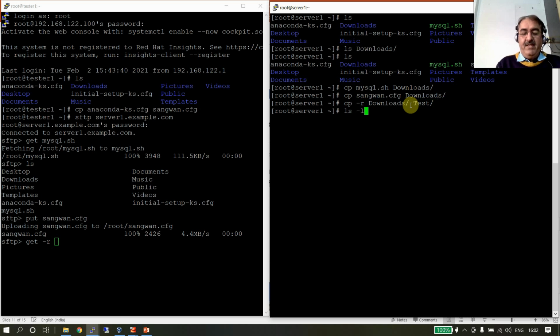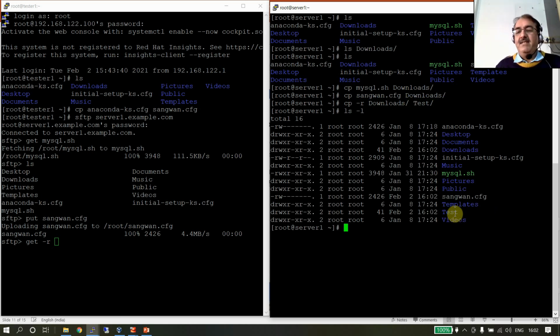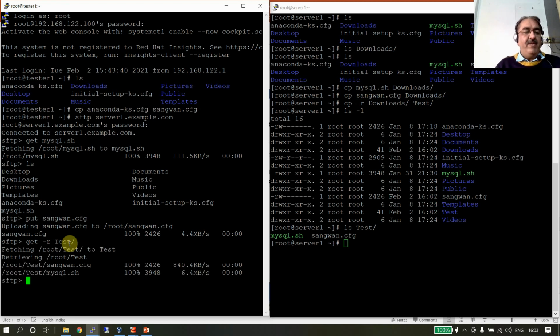So ls -l, you can see the test directory is created, and the files in the test directory are these two files. So I want to get the entire directory, so I can use test/. This will get the entire directory along with the files.